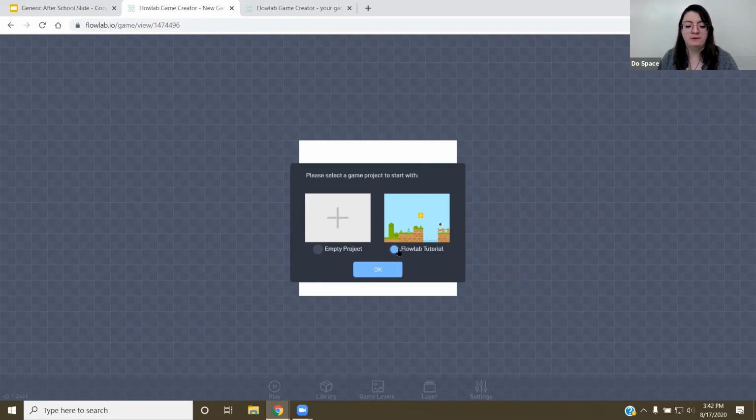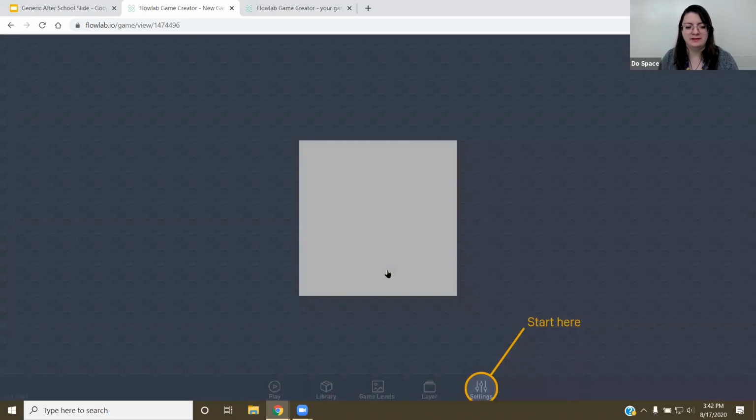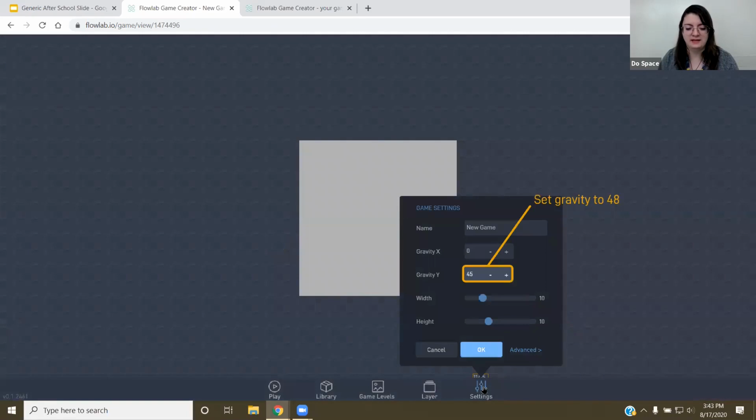We're going to start with FlowLab Tutorial here so you can learn some of the basics of FlowLab. For this 11:15 session, I'm going to go a little bit beyond this part right here. I'm going to show you a tutorial and some more steps, while for the younger kids, we're just going to do FlowLab Tutorial and that's it. So go ahead, click OK, and it gives you this really guided experience here. You guys can just follow along with the guide or get ahead of me. And as soon as you finish your tutorial, wait a little bit because I'm going to show you the next steps after that.